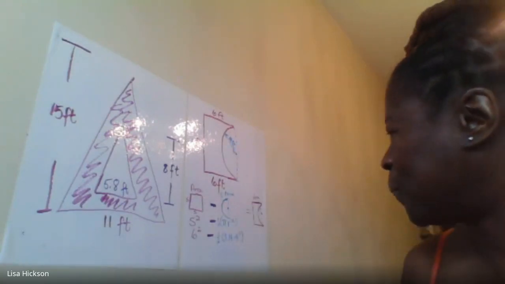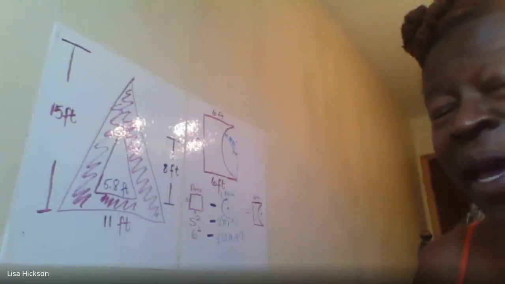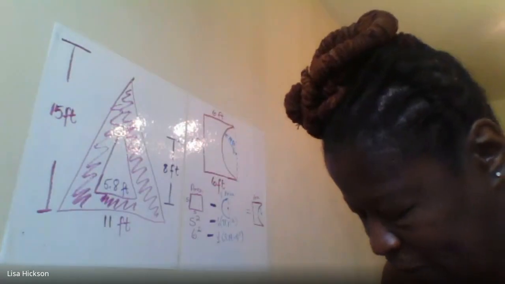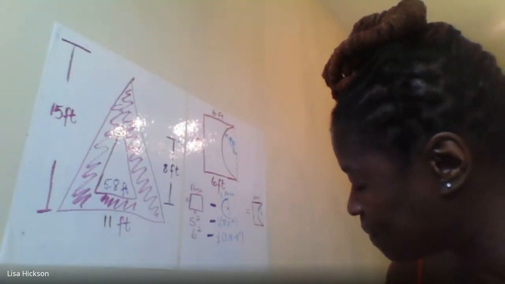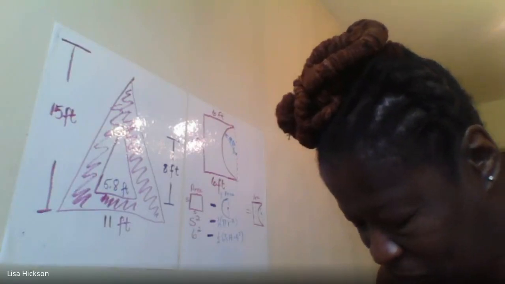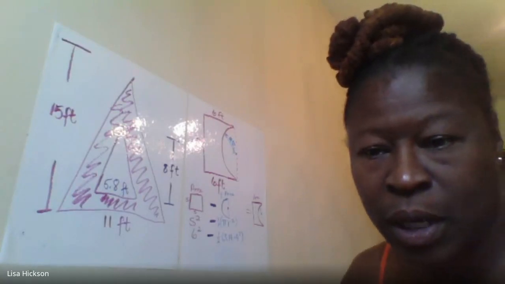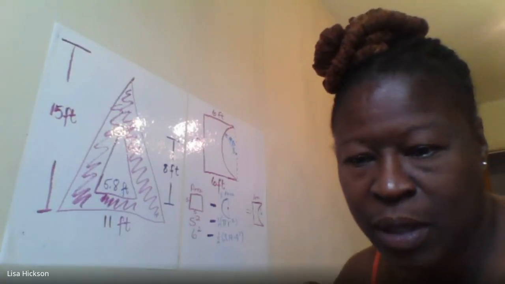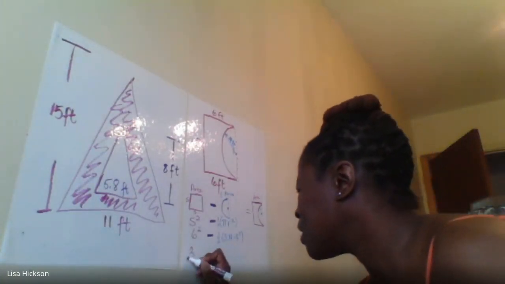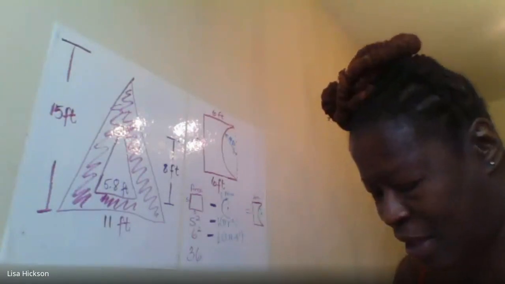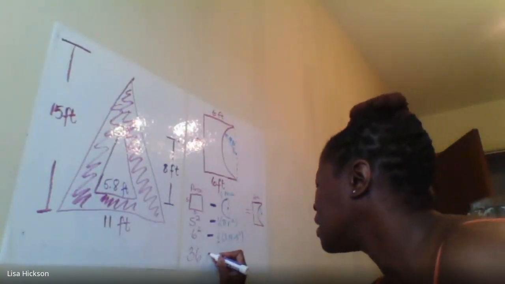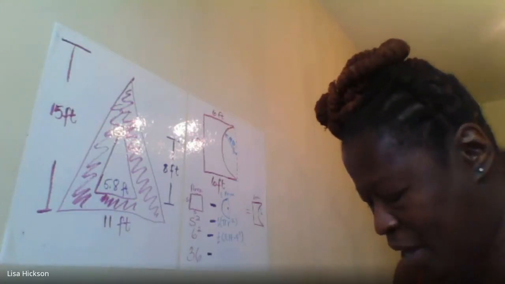So now, let's do some math, good people. So what's 6 times 6? 36. Minus